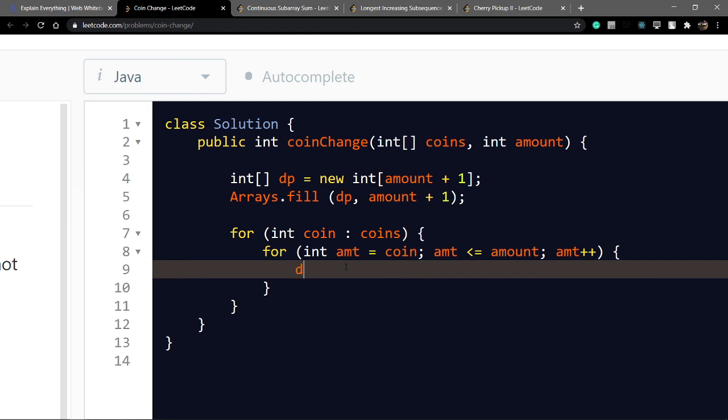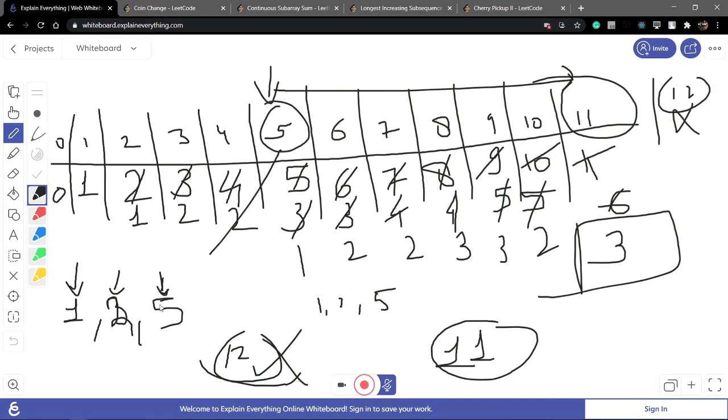Okay. What is the update of dp of this amount? Equal to Math.min of dp of amount, otherwise 1 plus dp of amt minus coin.